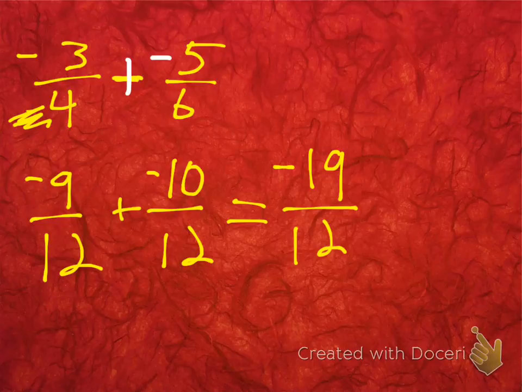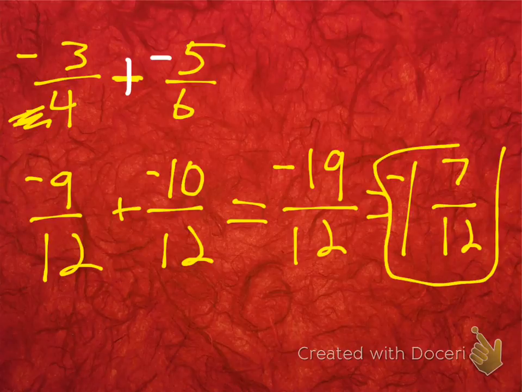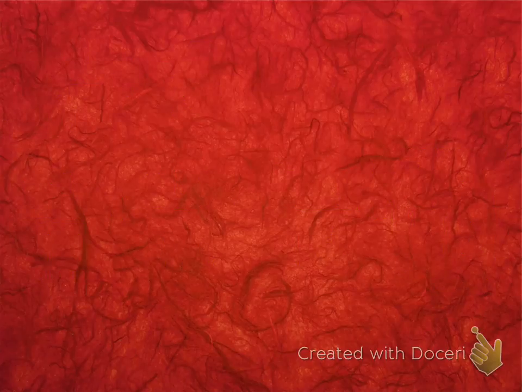Now there is a whole number I can pull out of this. How many times does 12 go into 19? Once. And what would be left over? 7. And we've got to remember to keep that 1 a negative. But there you go. Alright, so that's addition and subtraction. Alright. Next we have